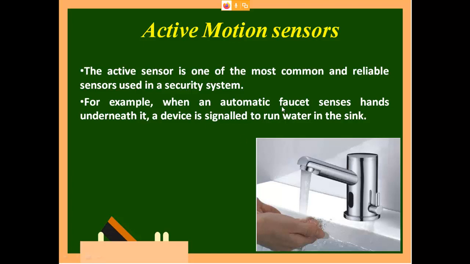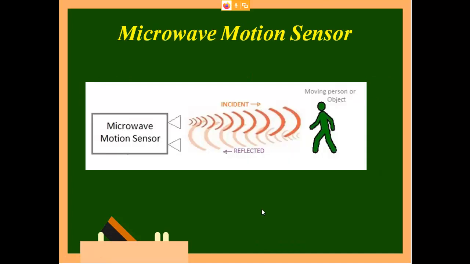For example, automatic sensing, all this we can give now. Due to corona time, everything can be made automatic. So even a hand sanitizer, there is no need for the person to go and touch the switch. You can keep everything in an automatic condition, so that there is no physical contact. This is one of the motion sensors, an example with light. Then the microwave motion sensor, which is very good, but there are some issues with the microwave.